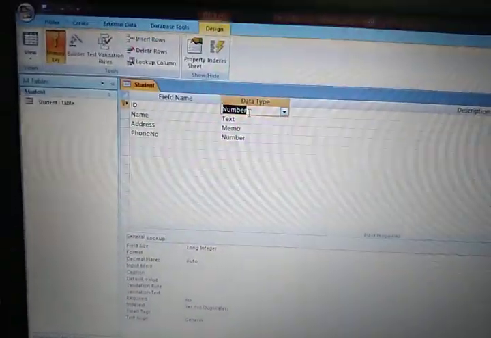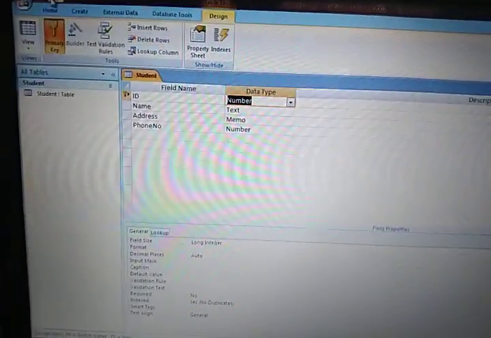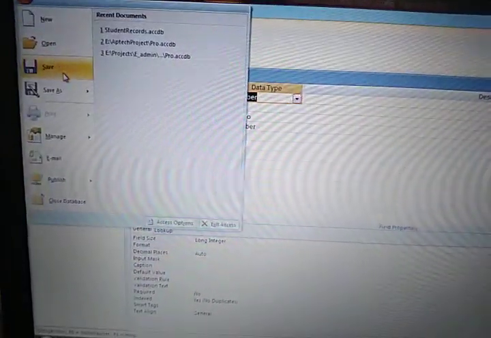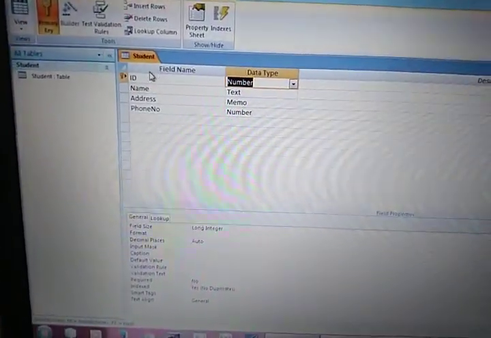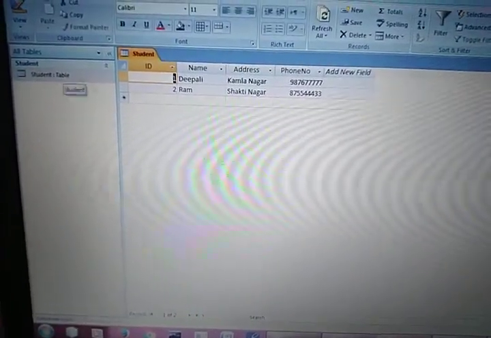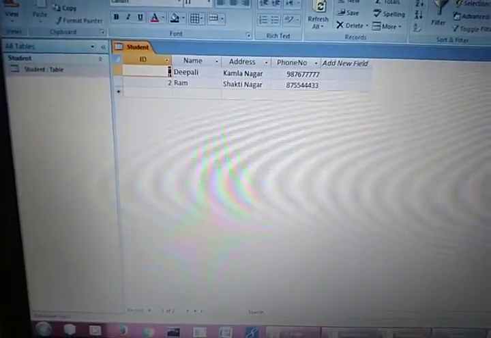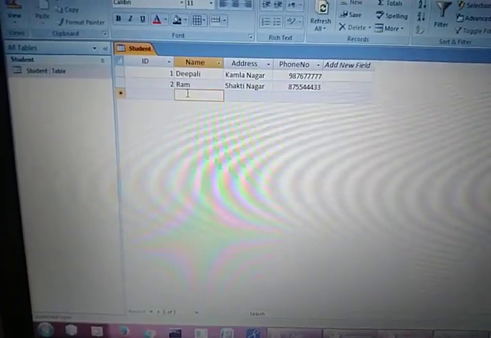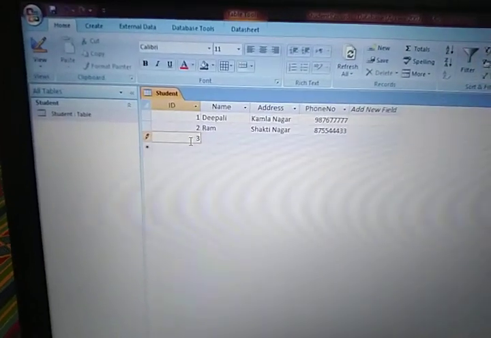After making a change, you have to save this particular table. So I will click on save again, and then I can open the table by double clicking on the table name. See here, now it is showing the cursor over here, and when I click here, I am able to write the records now.